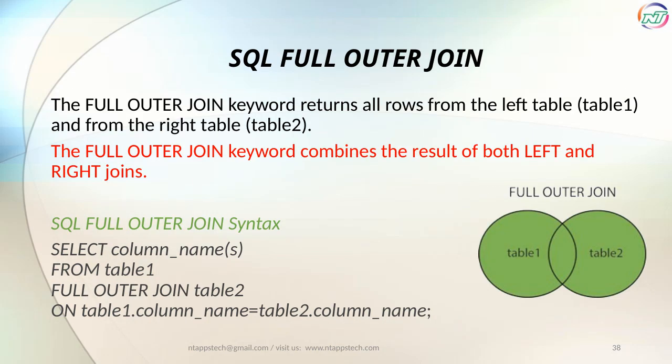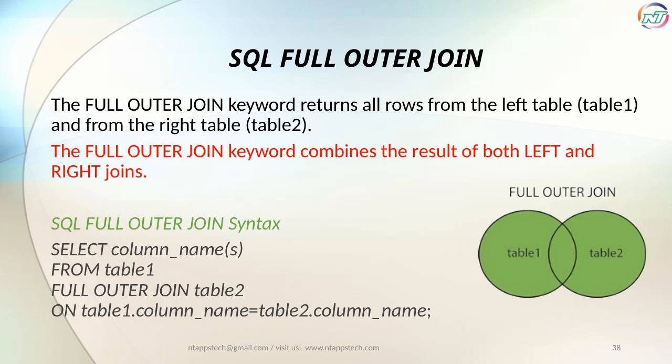The full outer join returns every row from both tables, matching them where possible, and including all rows even if there's no corresponding match in the other table. This means it combines the results of both left and right joins. The syntax for this join is straightforward. You select columns from the first table, then use full outer join with the second table, specifying the condition where